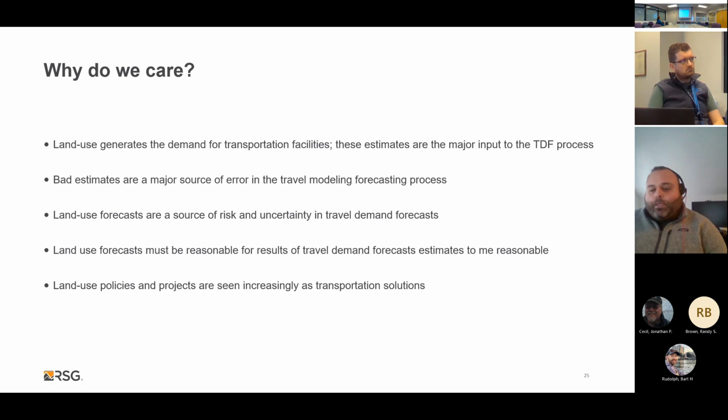So oftentimes when we're growing the forecast and allocating to the zones, we're not looking at whether there is room for that zone to grow. Is half the zone that we think can be grown into actually developable area? Have we looked at that? Have we looked at the underlying land, is it in a wetland?